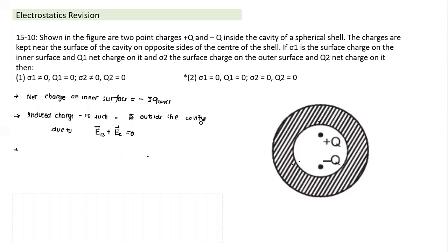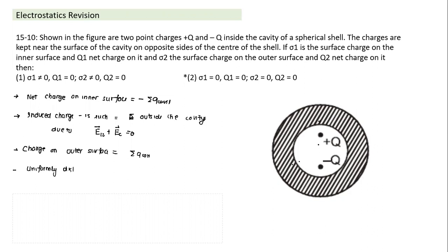So in this case, what is the charge on the outer surface, if the conductor was neutral here? The charge induced on the inner surface is equal and opposite to the charge in the cavity. Hence, it has to be the same as the charge in the cavity. So the charge on the outer surface will be equal to the summation of charge in the cavity. But an important point here: on the outer surface, wherever we place the charge inside the cavity, it will be uniformly distributed.